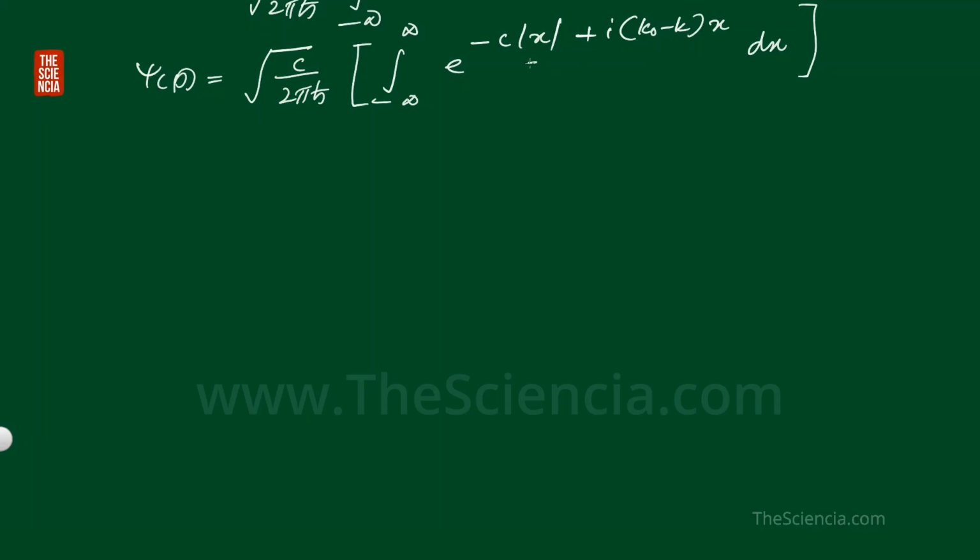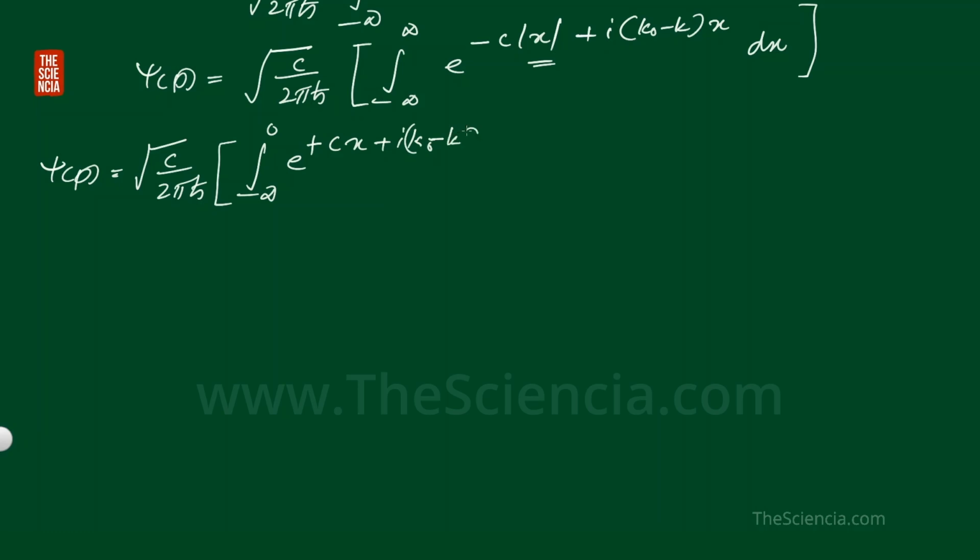Here see, this is a mod x and the integral is from minus infinity to plus infinity. So in the negative region, this mod x will have a negative value, and in the positive region it will have a positive value. So we have to separate this integral, that is psi of p is equal to root c by root 2 pi h cross into, now minus infinity to 0. Okay, first I am taking from minus infinity to 0 e raised to minus c mod x. So the mod x value in the negative region is minus x. So this will be plus cx plus